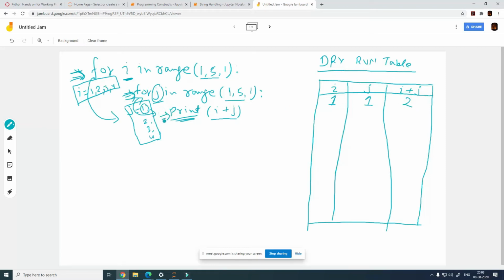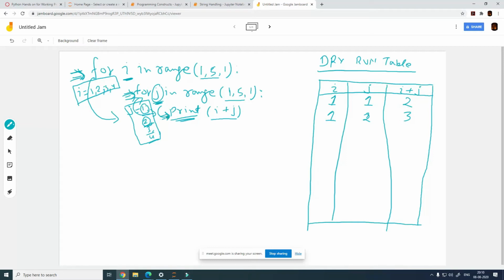Now after this statement, where is the control of the program code going to go back? It is going to go back again to the for loop, which is still continuing, right? This inner for loop is still continuing because it has only run for j equal to 1, and it still has to finish for 2, 3 and 4. This means the value of i will continue to be 1, and the value of j is now going to change from 1 to 2, right? So j is going to have a value of 2, and after this the print statement executes. So print is going to print 1 plus 2, which is 3.